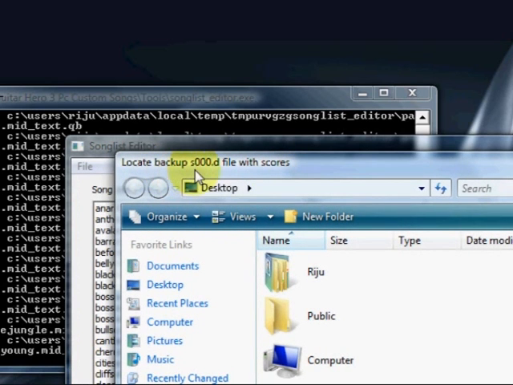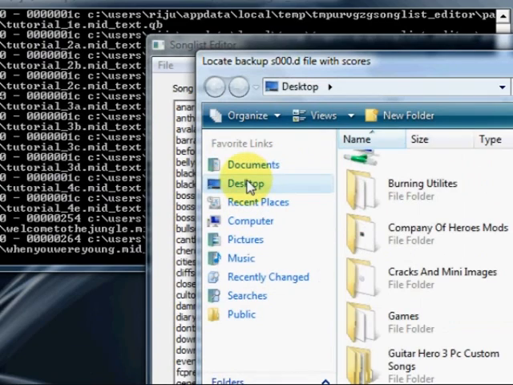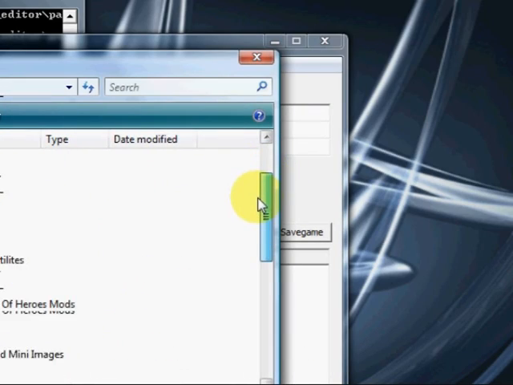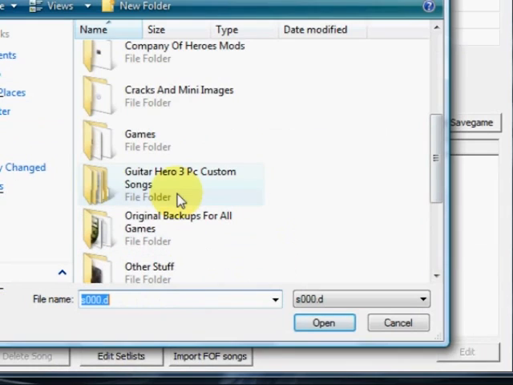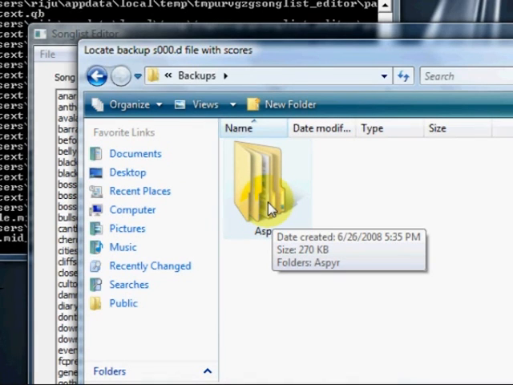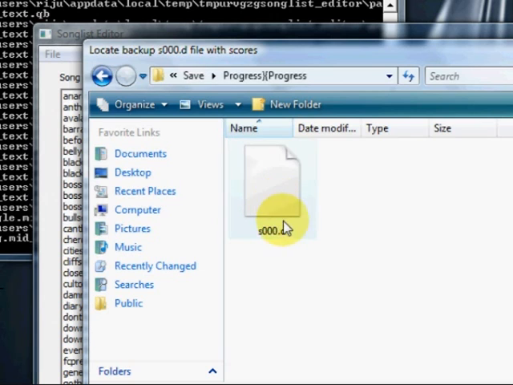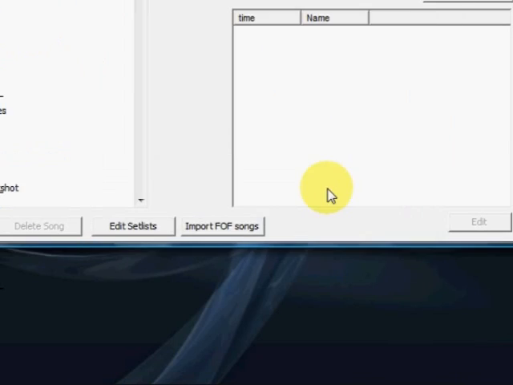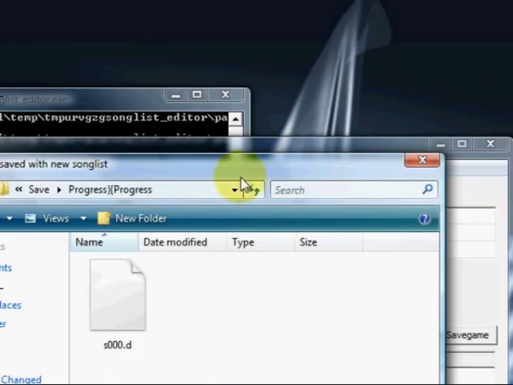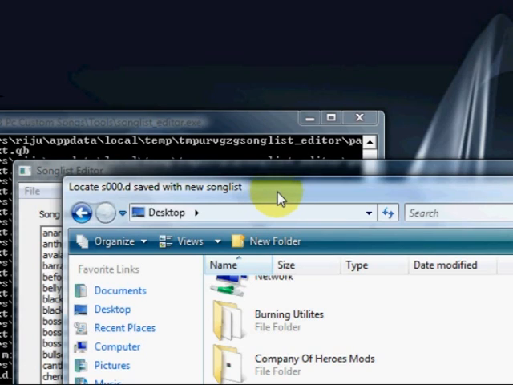It's going to say Locate Backup S00D file. When it first opens up, you direct it to your backup. Since our backup is on our desktop, it's going to be desktop or wherever you put it. I put it in Guitar Hero 3 PC Custom Songs and in Backups. And there's that Aspire folder that I told you guys I backed up in here. You're going to click Aspire, Guitar Hero 3, Guitar Hero Save Game, Progress, and the S00D file. Click Open. Once you do that, another pop-up comes up. What you do with this one is direct it to your current save game. And your current save game is located